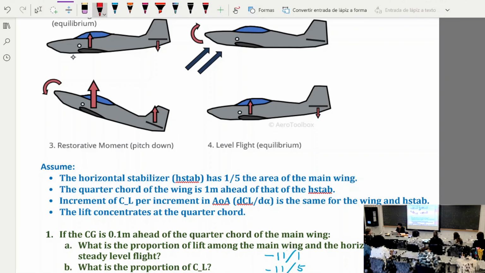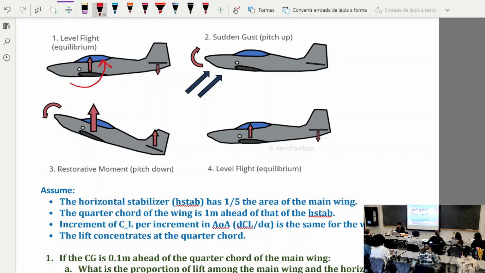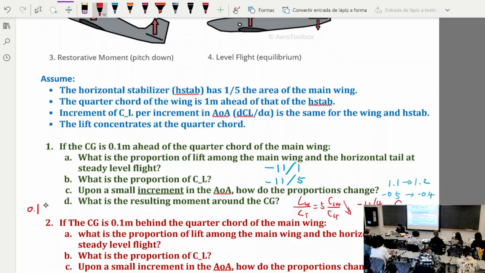Then if I define it that way, the positive lift on both surfaces are going to give positive moments. So the total moment would be 0.1 times the lift on the wing plus 1.1 times the lift on the tail. Okay, which, if I use this ratio, would be